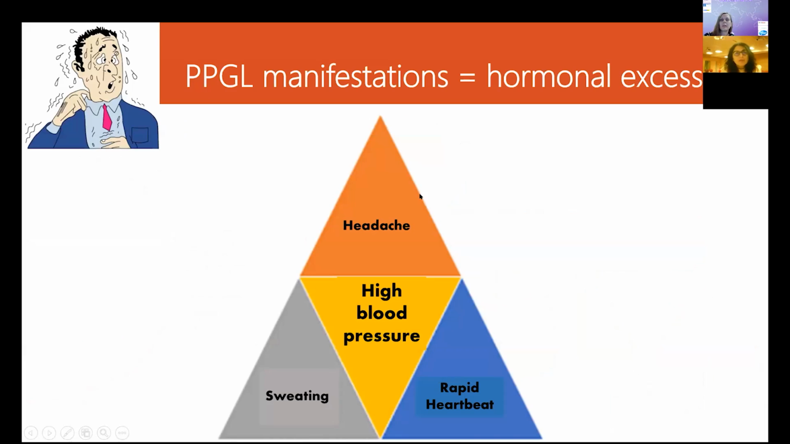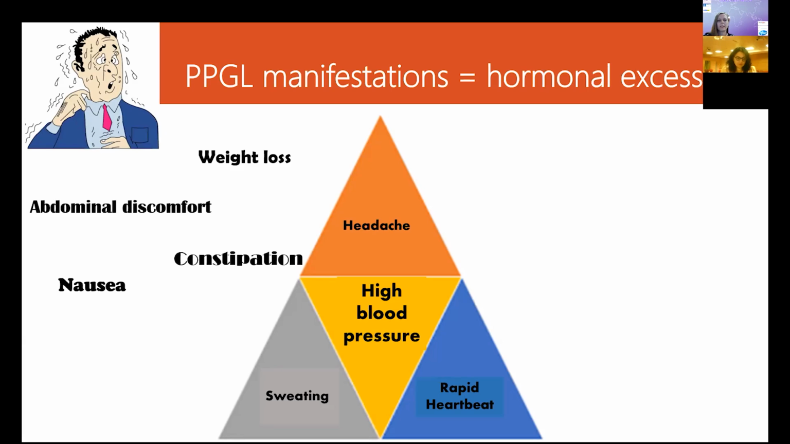So the main symptoms of PPGL tumors are high blood pressure, headaches, rapid heartbeat, and sweating. And we call it classic symptoms of PHEO and paragangliomas. But some patients are not presented. Actually, even the majority of the patients are not presented with those classic triad of PHEO, and they can present with